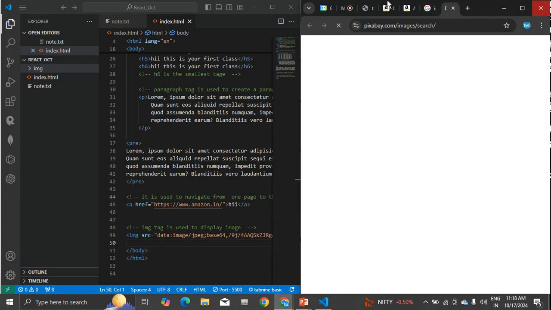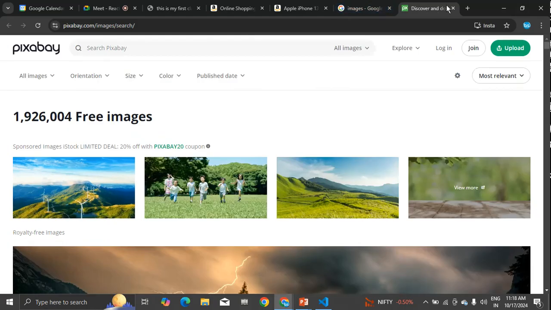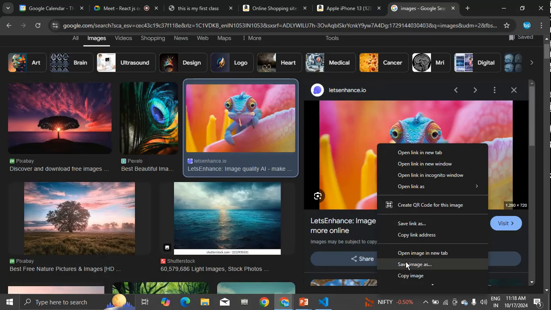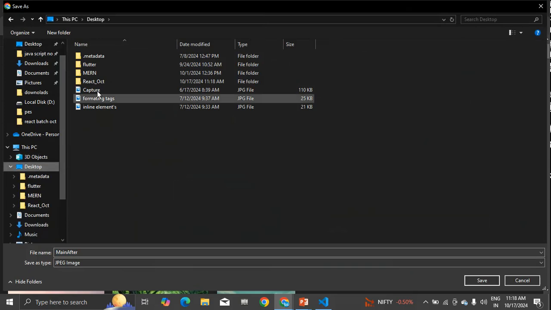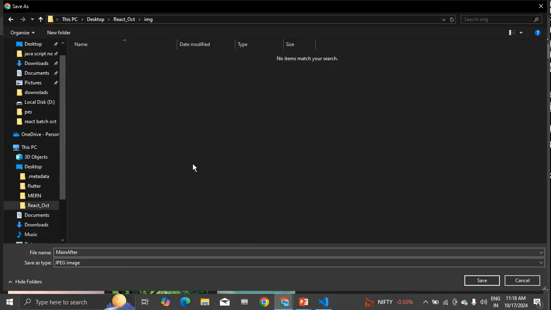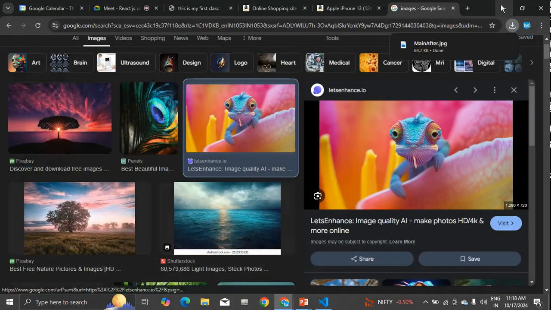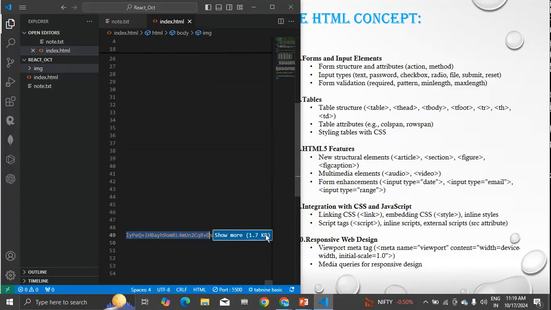Click on this image. Okay. I'll click on this, I'll tell save image as, and I'll go to the particular folder where it is. What is the name that I have created? That is React October, and inside this image folder I'll be saving it, whatever the extension, whatever the image it is. Okay, and if I just remove this one,